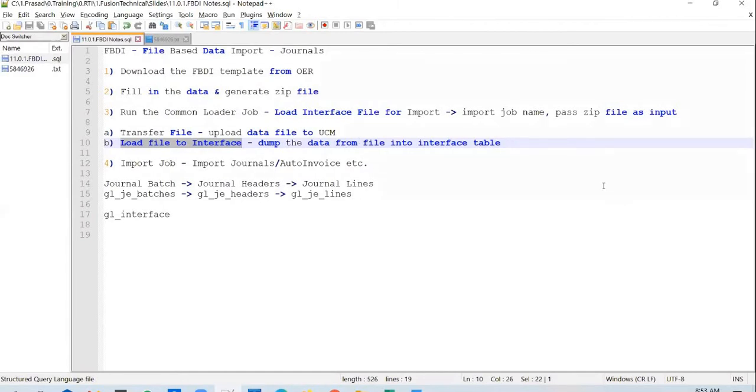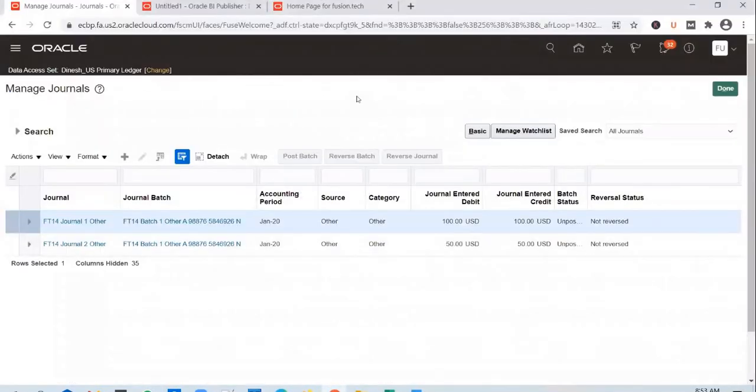If it completes successfully, you will archive the file and place the log and output files into an SFTP location. So you might execute these processes manually while the implementation project is going on, but post go live, you will usually have those integrations kicking in, automating the loads into ERP or HCM cloud from other applications.